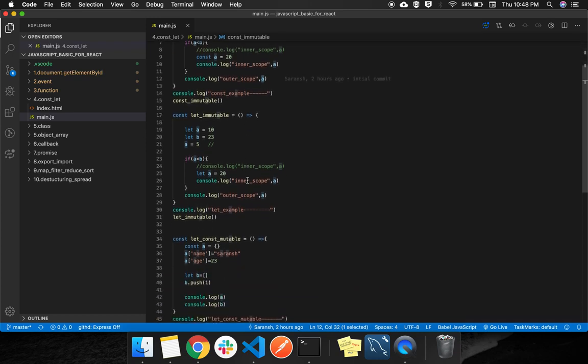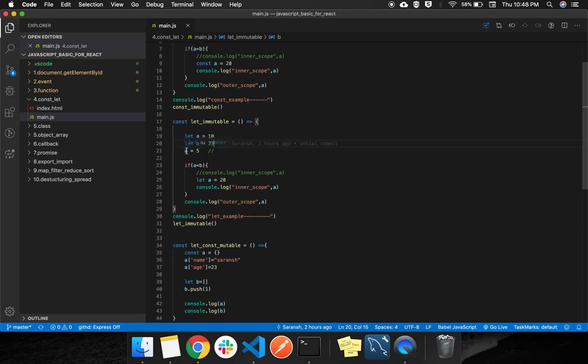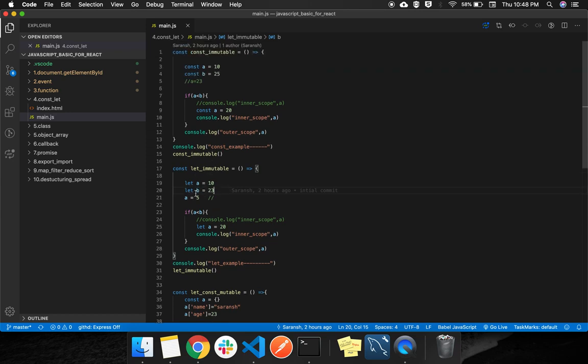Now let's get to the let example. In let, again there are two variables. We are calling the let example from here. Likewise, unlike the immutable property of const, with let we can change the data of any variable. Suppose I have given let a is equal to 10, but the value of a can be changed at any time.